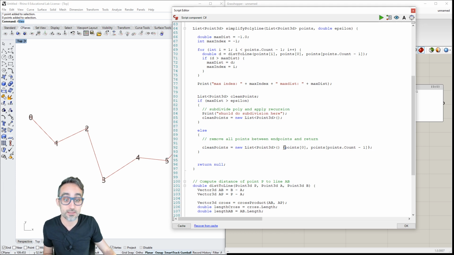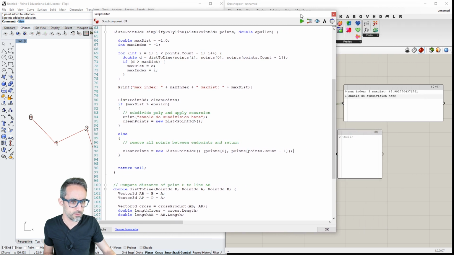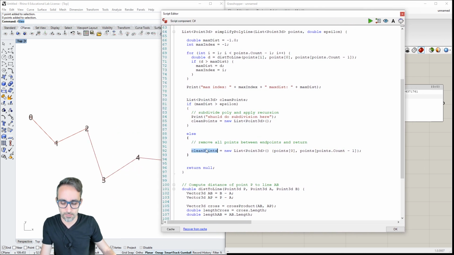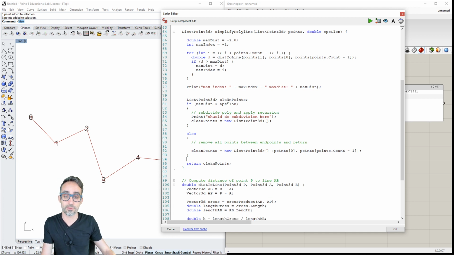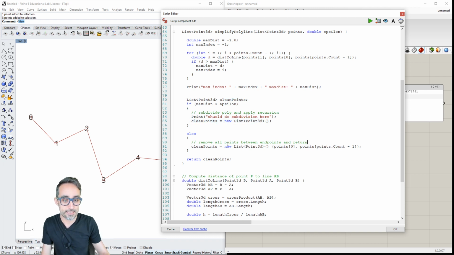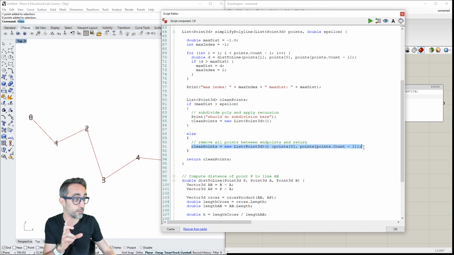This is C# syntax for creating a new empty list of Point3D objects and then giving it some initial values: index 0 and the last point. Let me see if this works. This works, yes. And then I'm going to return from this function the list of clean points, which either has something for the subdivision or has this clean polyline with only the first point and the end point.